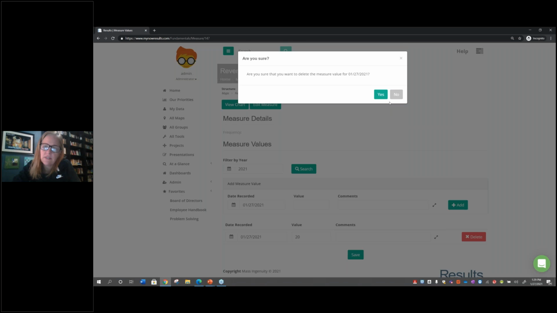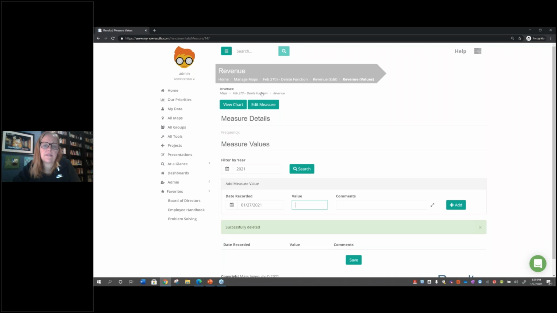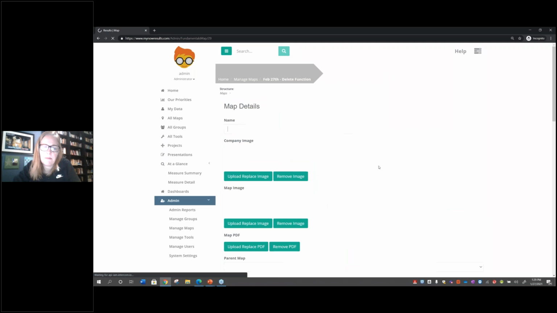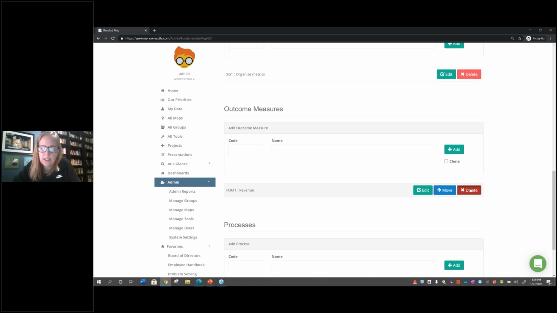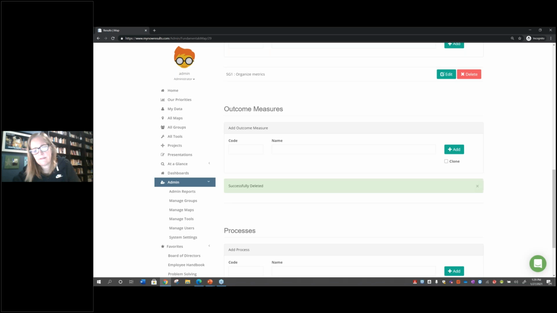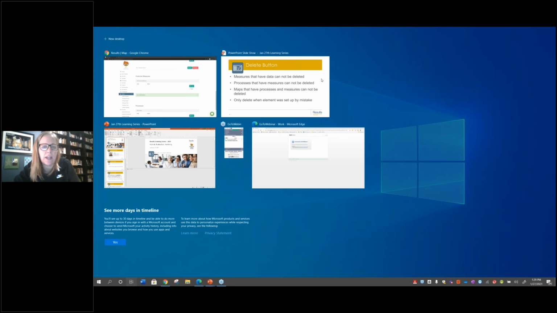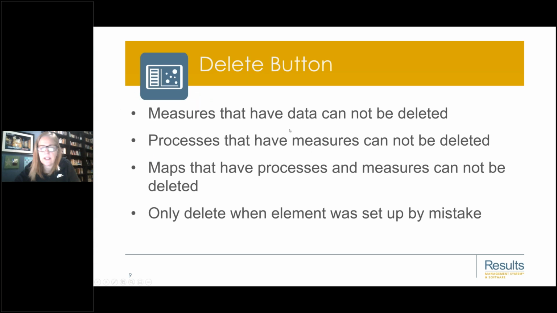If I delete this value, yes, and go back to that metric, again, just to make sure that I can delete it, I hit yes. So that's some of the nuances. Again, we do that intentionally so that you don't have a whoops and delete things that you might